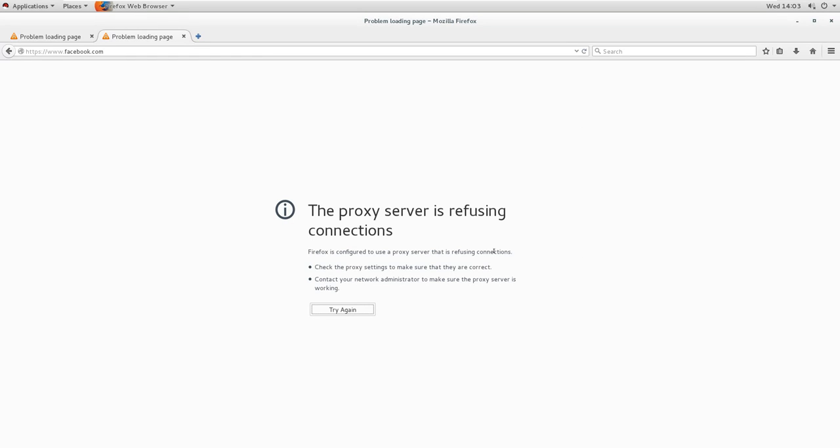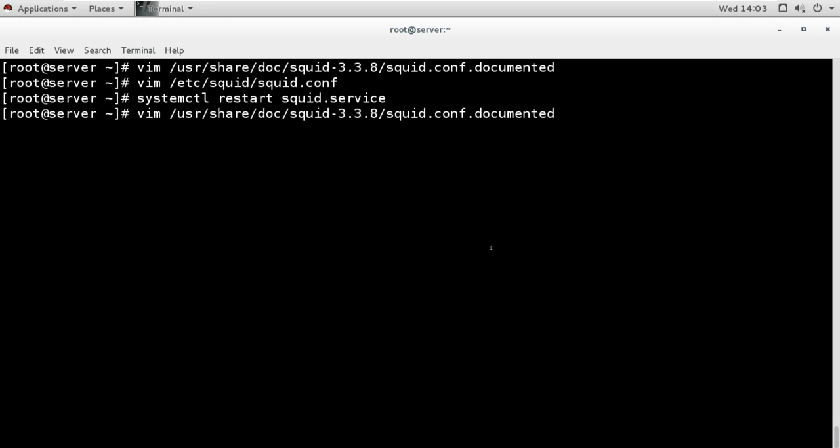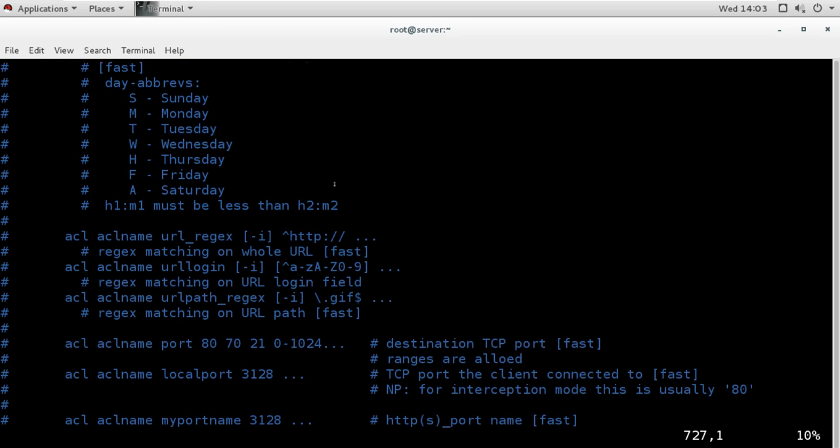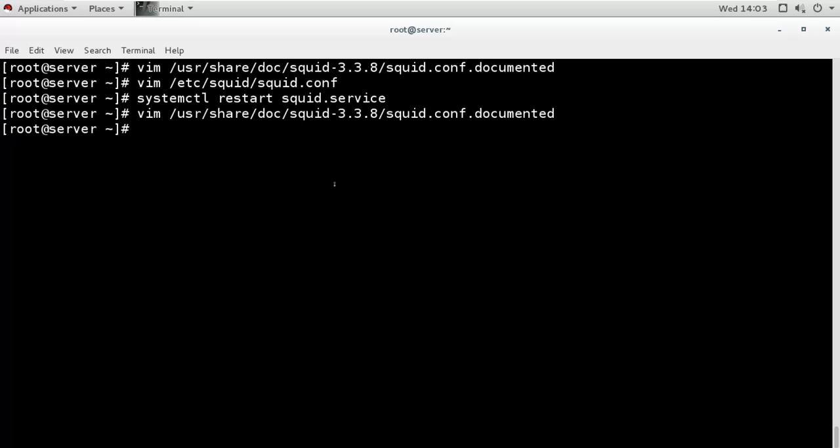So based on this, we have lots of different options to use, and we can deny with lots of options, and there are lots of options which you can check from this documentation file. You can create different lists based on lots of different things. For example, let's say you want to create the list based on time.